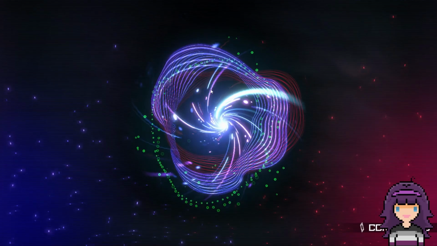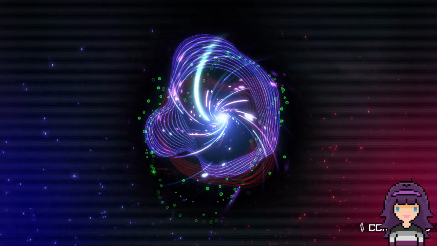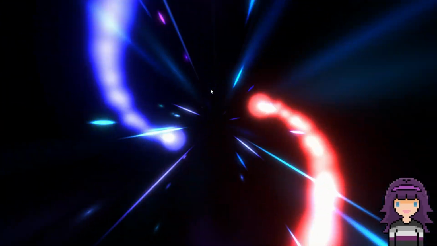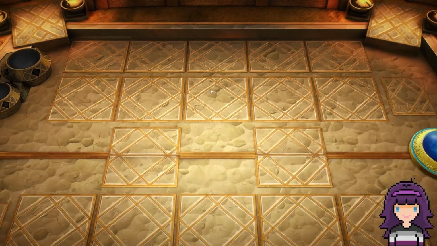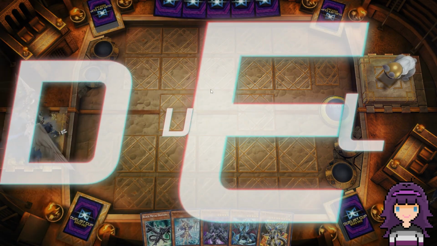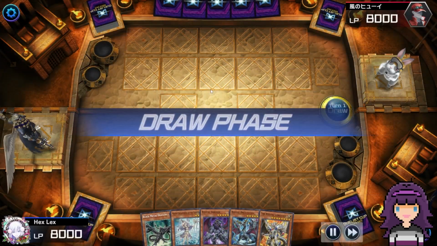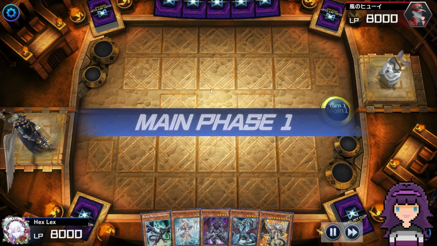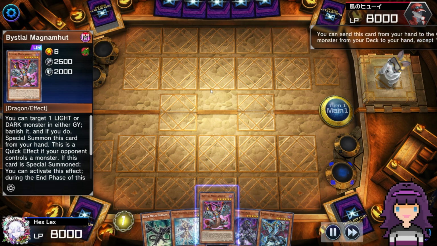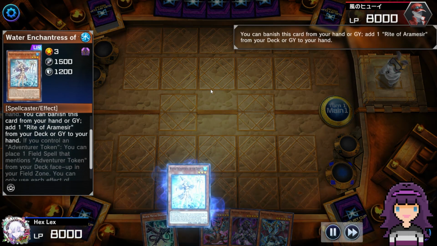Okay, so I think if I remember right, this one is more of me setting up a more traditional turn 1 line. Okay, I think that is what this is going to end up being. Traditional, but we also have the Water Enchantress, so we can do the adventure setup anyway. Alright, I'm going to lead with Lubellion, see if I can't bait an Ash Boss. So we want the Magnmahut either way, so...